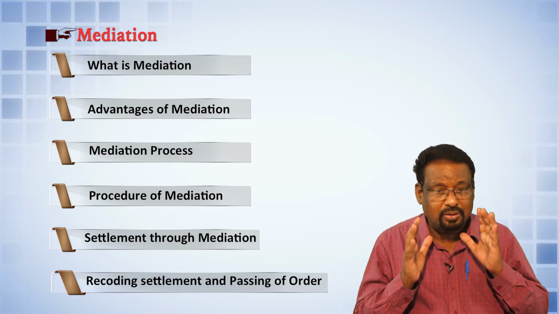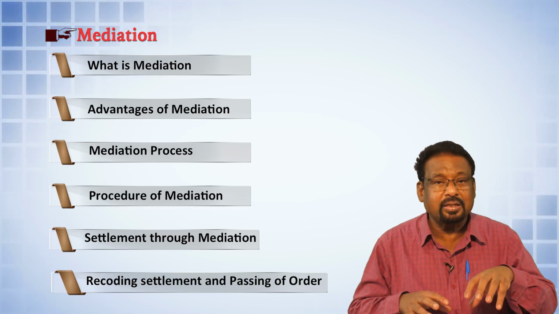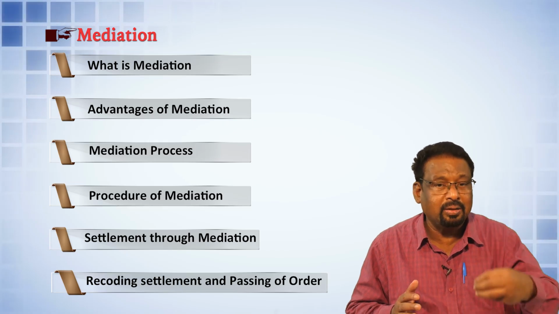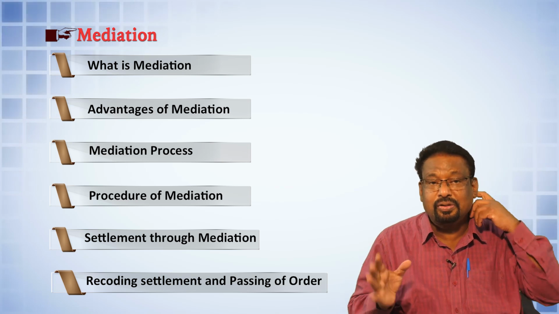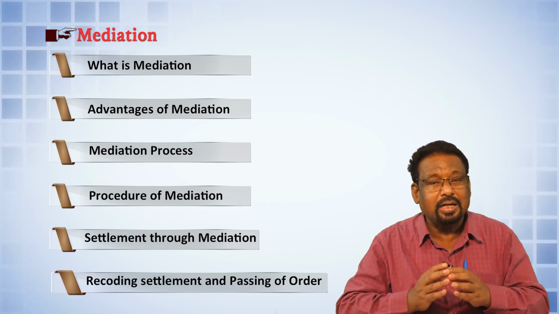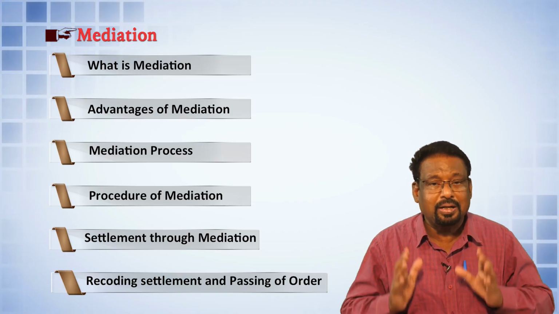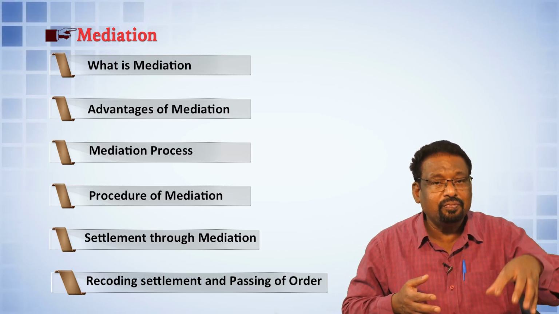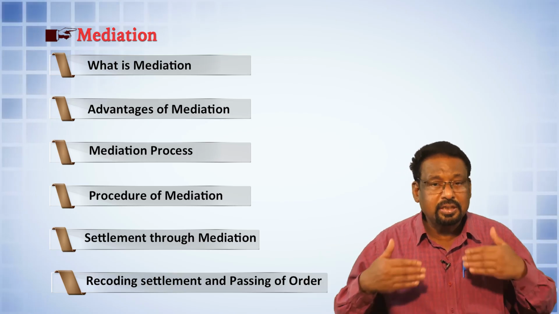The process involves, number one, if the parties agree on all the issues raised in the complaint, then the mediator has to prepare a complete success report and give it to the consumer commission for passing the order. The second situation is where the parties may not agree on all the issues; they may partly agree on some issues and partly disagree on others. In such cases, the mediator will prepare a part report listing the issues on which agreement or consensus is reached and the issues on which consensus has not been reached. He will submit this report to the